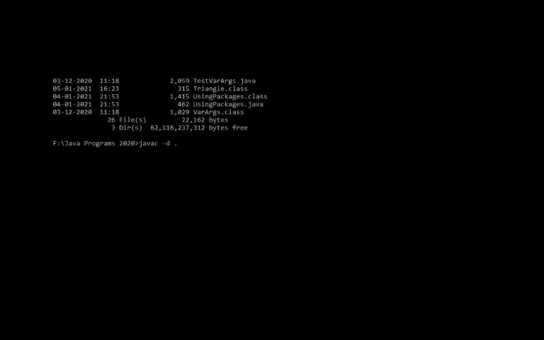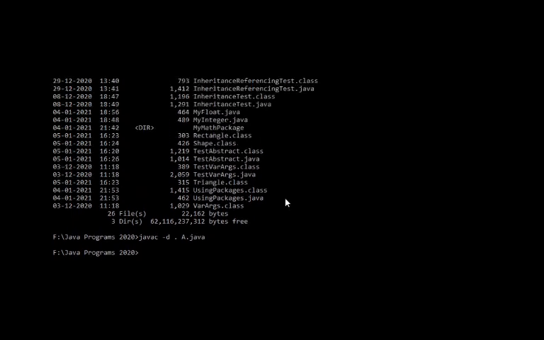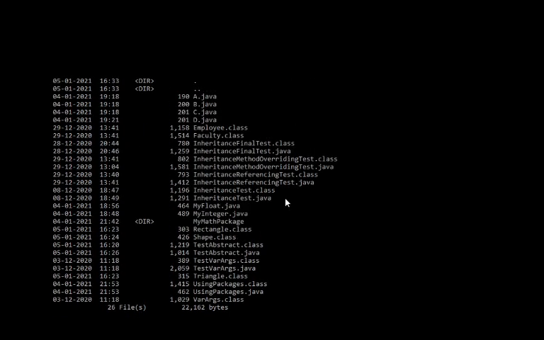And then we have to give the name of the class that we are working on. So we are compiling A.java. Okay, compiled. So you can see here, I do not have a folder called test package. I have a directory here called my package, that's different.